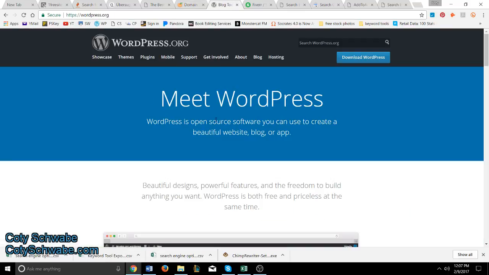Now, you can set up a static site. You can set up a lot of different types of blogs or types of websites. You can use a lot of different providers, but really WordPress is, I wouldn't say the easiest, right? It's the most customizable and it's the most common. And you would set up your site. So you would go into your cPanel and then you would install WordPress. Again, there's tons of videos on how to do this,